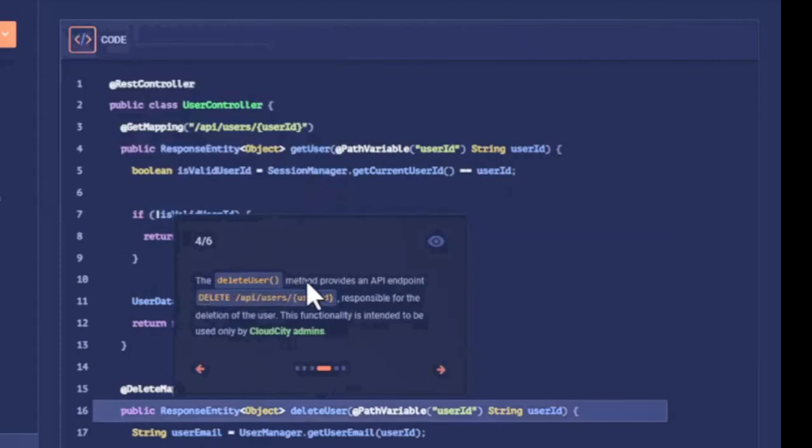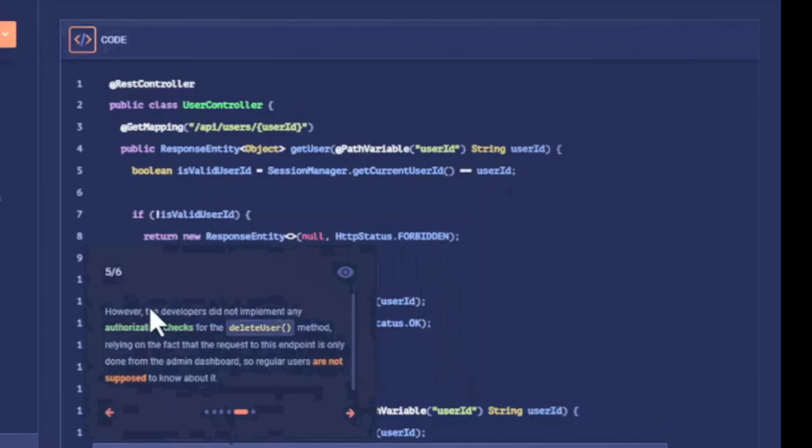The deleteUser method provides an API endpoint, DELETE API user ID, responsible for the deletion of the user. This functionality is intended to be used only by Cloud City admins. However, the developer did not implement any authorization check for the delete method, relying on the fact that the request to this endpoint is only done from the admin dashboard.